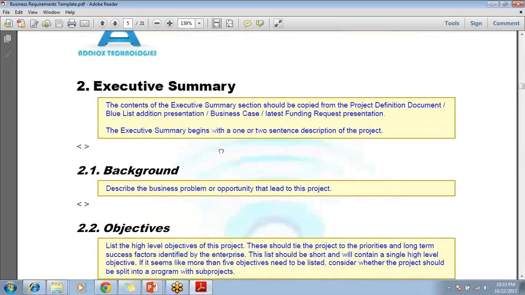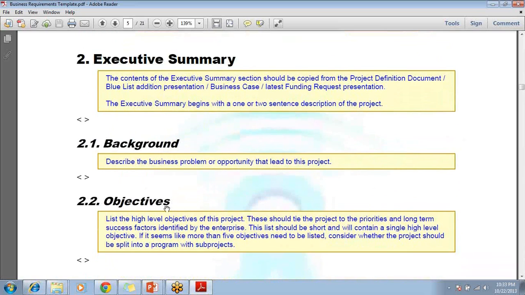Let's move on. These three things are optional. Optional in the sense that you are going to see only one in most cases. It would be objective. The executive summary is just a high-level summary of what this project is about. A little more detail to that is the background, and further explanatory detail to that is your objective. That's what it is.